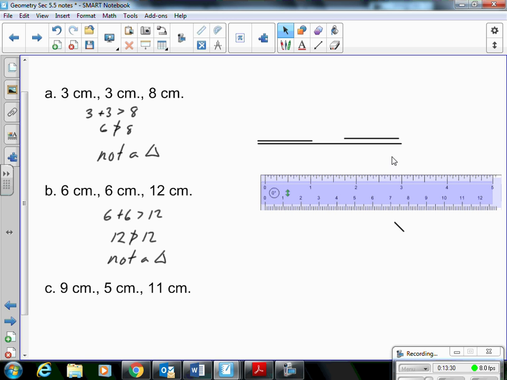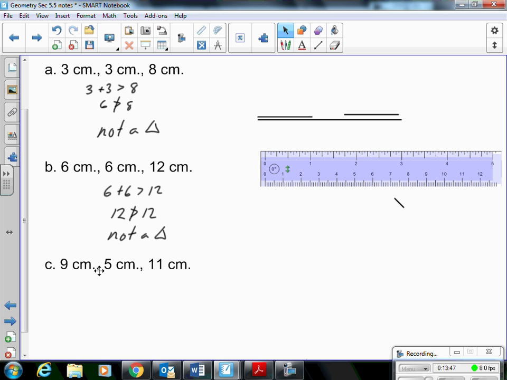Which should also make sense, because if I have a 12-centimeter length and I've got two 6s to put on it, those two 6s will stack perfectly on it and close, but if you start to make an angle, they're going to kind of pull apart. Right, so,